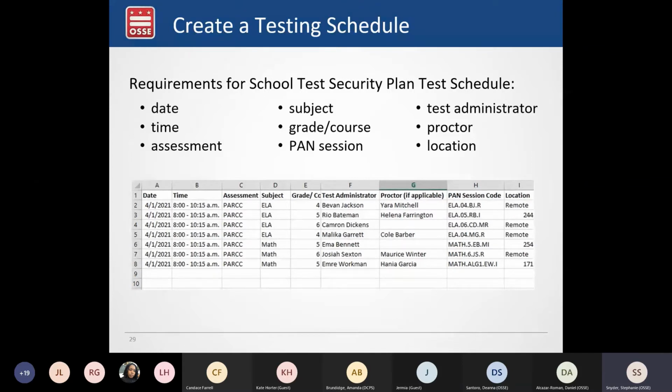They include the subject and grade and course and the Pearson Access Next session name, or session code. It does have a very specific naming convention that we'll talk about later on, but just making sure that you are adhering to that naming convention when you are setting up your test sessions so that it will ease the approval process for your school test security plans.